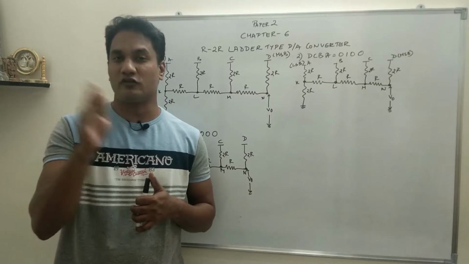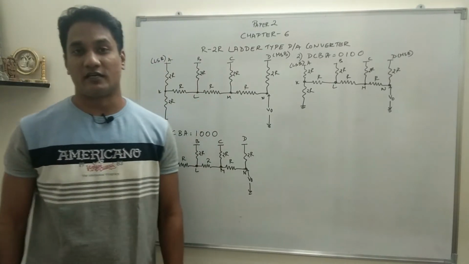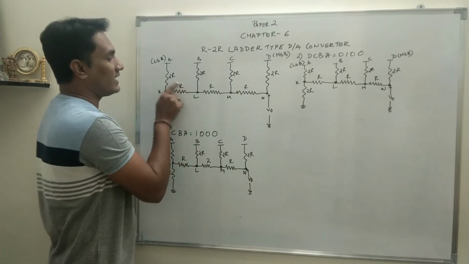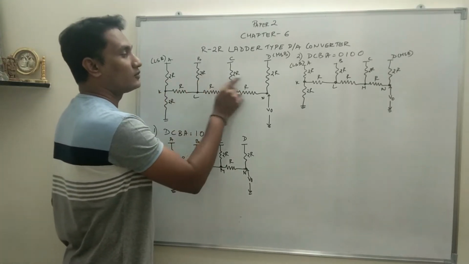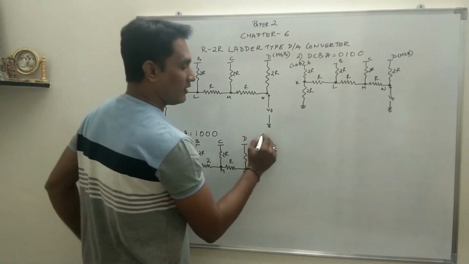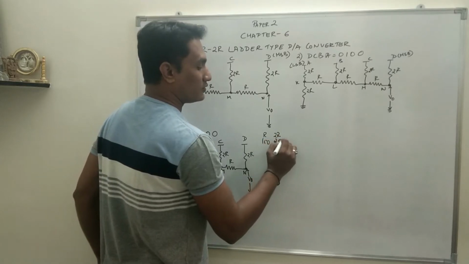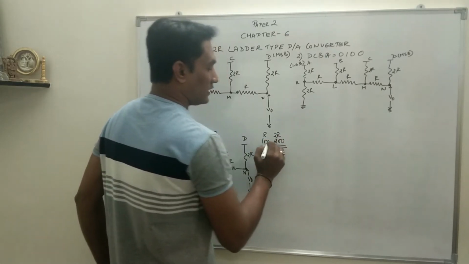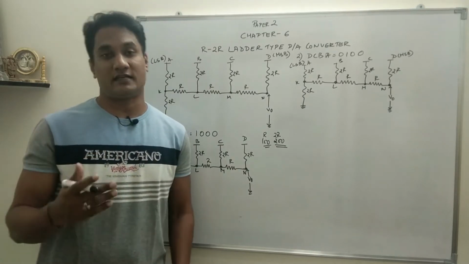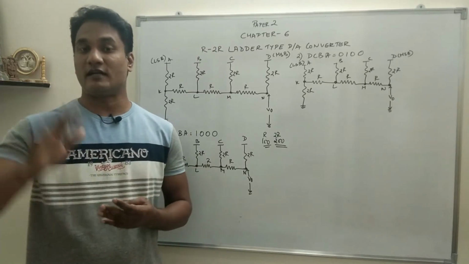To remove both the disadvantages, we design the R to 2R ladder type D2A converter. In this circuit, if you can see, we have only two resistances, R and 2R. That means if the value of R is 100, the 2R will of course be 200. So resistances whose precise values are available in the market can be taken. So the second disadvantage is removed.